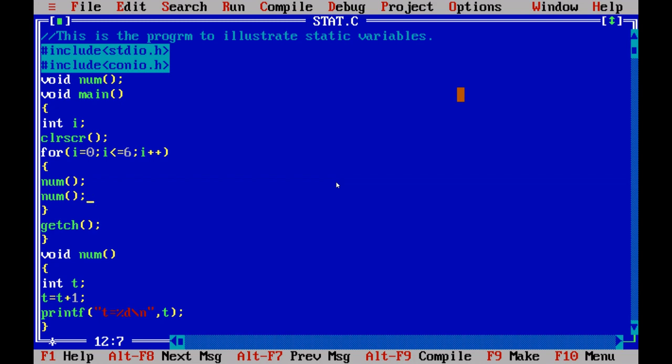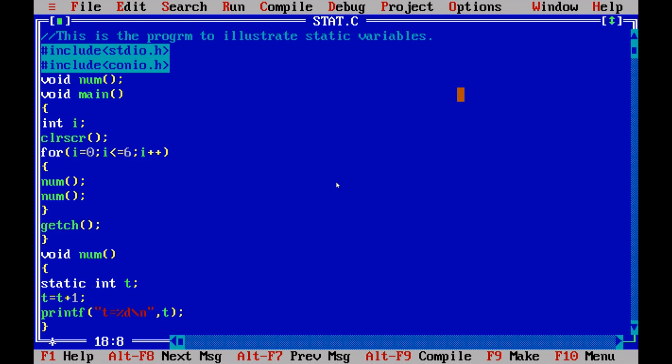Okay. Now what I am going to do here is, instead of declaring the variable with the automatic storage class, I am going to define it by means of static. If I give the static keyword before the data type of the variable, it automatically comes under the static storage class.